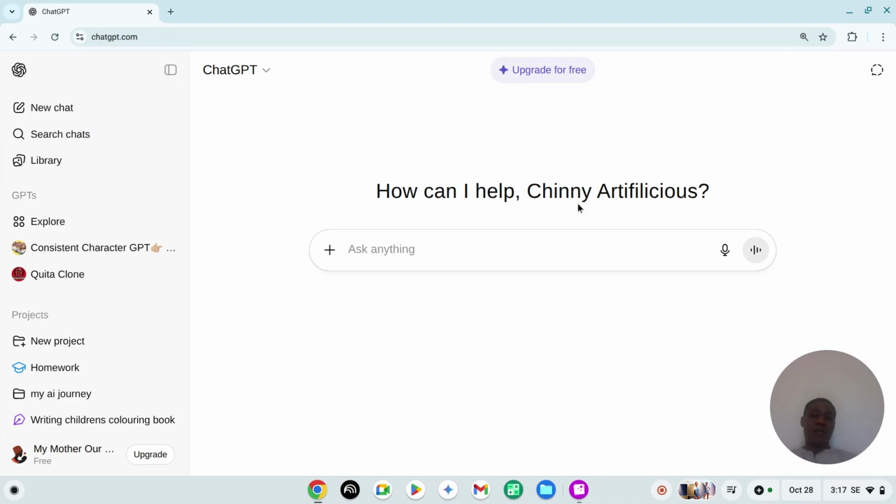Example, my ChatGPT is Chinny Artfilicious and my AI twin is also Chinny Artfilicious. I gave it a tone that anytime I type, just watch me give it a personality. What is your role, style, and